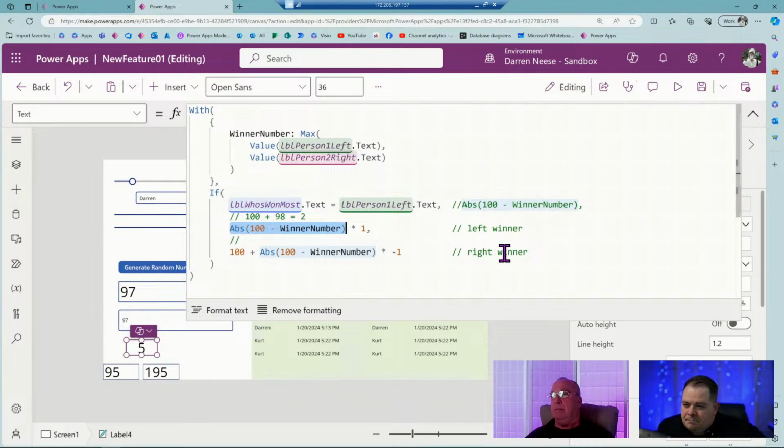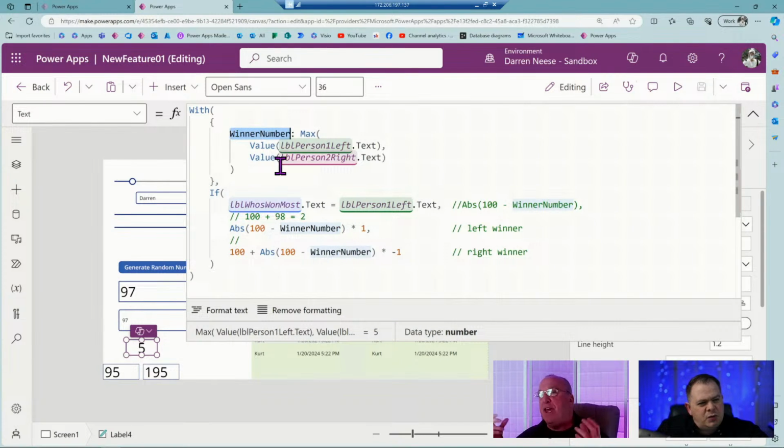Right? I don't know. You don't know? So what would it be? Okay, so if my winning number is 2, my ABS would be 98 there. 100 minus 2, right? Would be 98. I don't know what you mean when you say the winning number is 2. So you're talking about up here for this variable? That's 2. If Kurt has 2 wins and Darren has 1, if the person on the maximum is 2, that's the point I'm trying to get at.